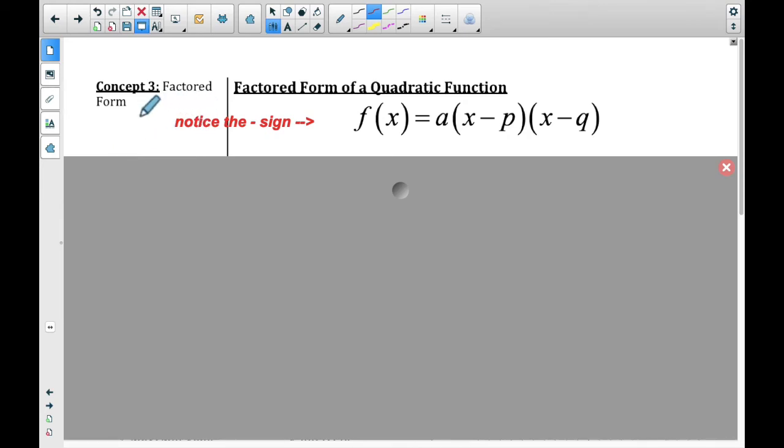Hi guys, this lesson today is going to cover two things, factored form and vertex form. We're going to start off with the factored form. This is the basic form for factored form, and yes, you ought to memorize this so that you understand all